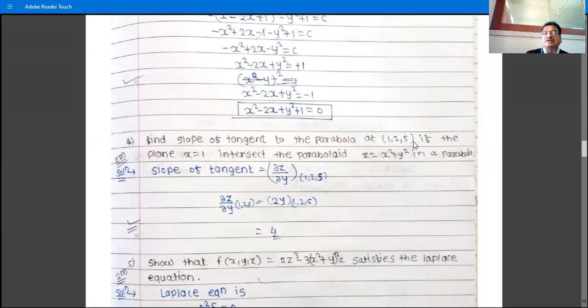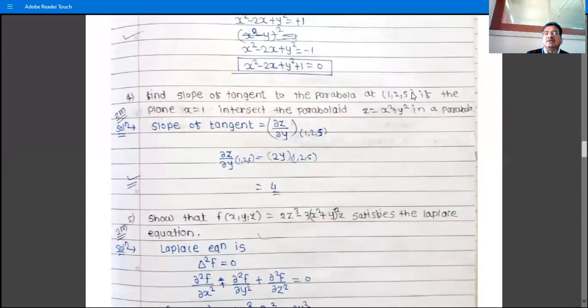Find the slope of the tangent to the parabola at the point (1, 2, 5) if the plane x is equal to 1 intersects the parabola. So slope of the tangent is ∂z/∂x, ∂z/∂y. So the slope of the tangent is ∂z/∂y, because z is a function of x and y, and if the plane x is equal to 1 intersects, it means we have to find ∂z/∂y at the point (1, 2, 5),